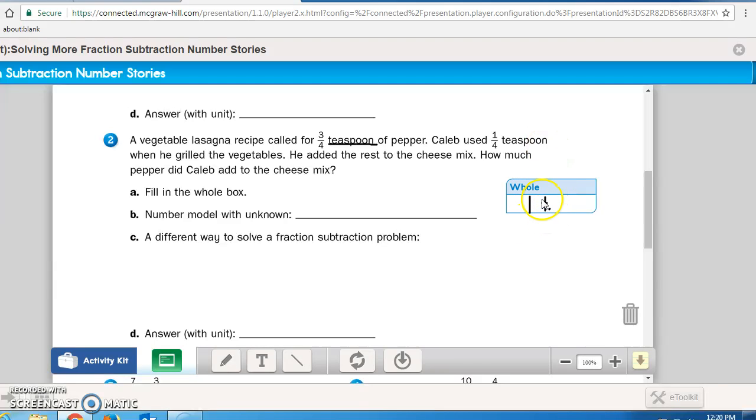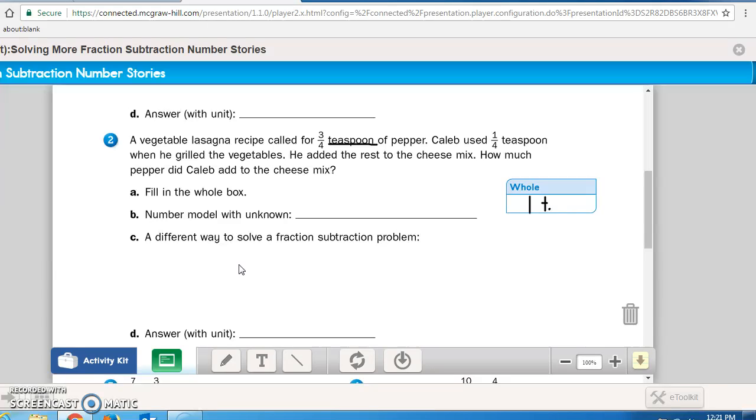So I put 1 T period. That means teaspoon, but you could practice writing out the word. So we did A together. I want you to do the number model to finish this, and I want you to either use fraction names